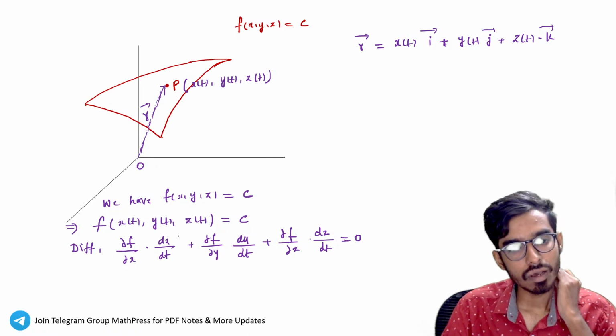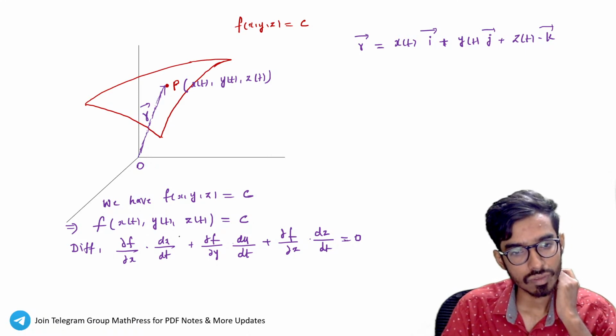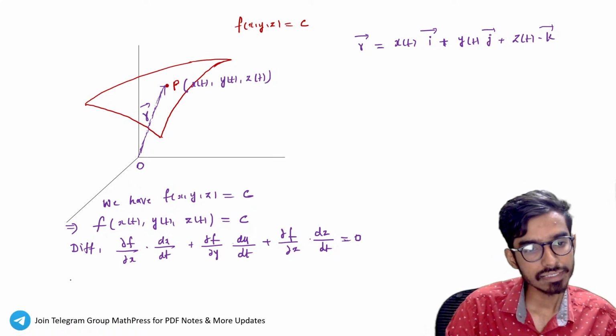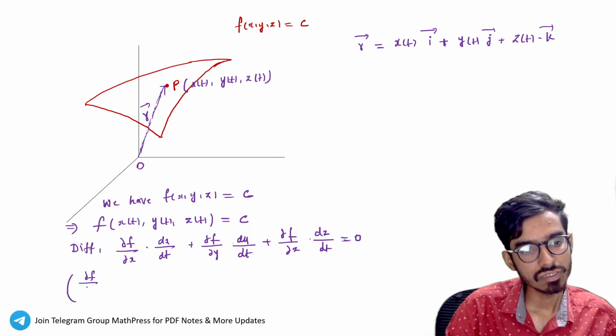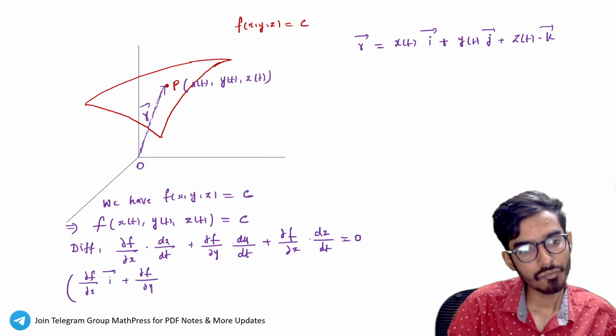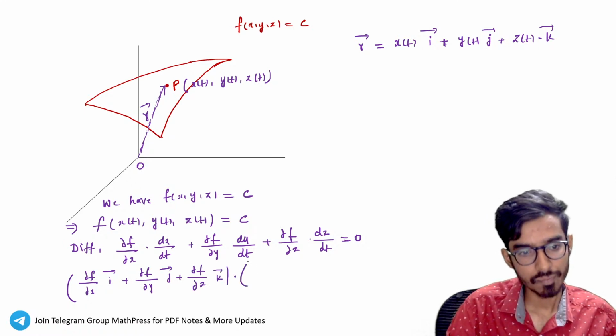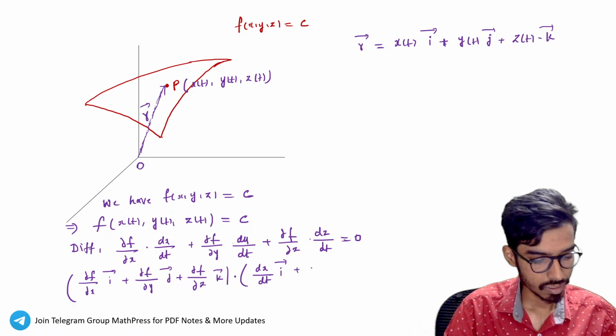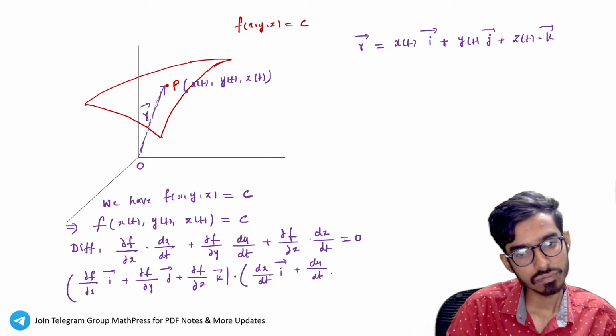Now can I write this as ∂f/∂x i vector, ∂f/∂y j vector, ∂f/∂z k vector, dot dx/dt i vector, dy/dt j vector,